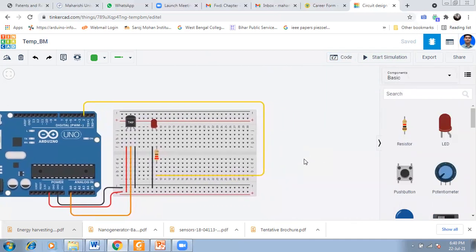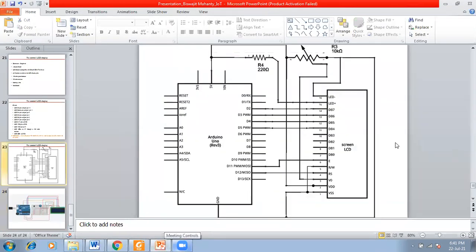Before connecting the LCD display, I will take a few notes here.